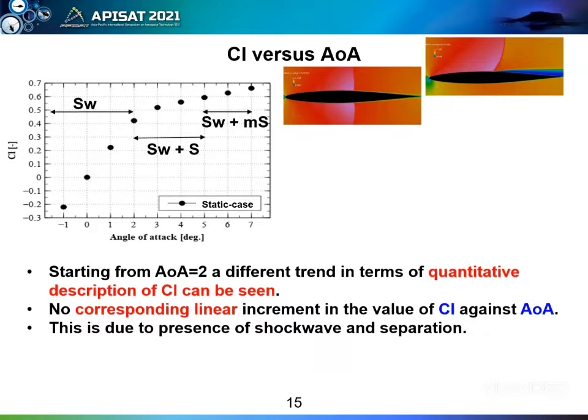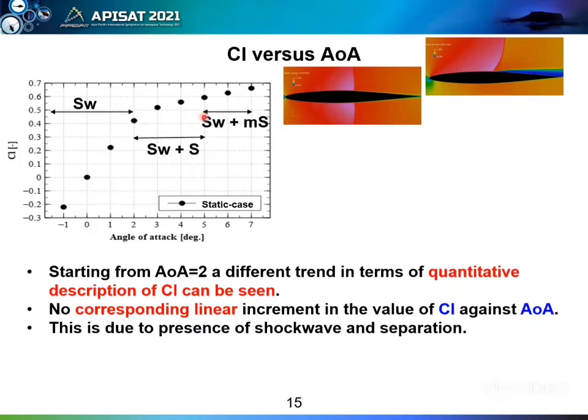For the start, a plot of CL against angle of attack is made for the static case, and from this a corresponding trend can be seen from lower angle of attack, that is from -1 to 2 degrees angle of attack. After the 2 degrees, a deviation in the changes of CL against angle of attack can be seen, and as it can be seen from this graph, it's illustrated that shock wave actually dominates this region. When there is addition of shock separation, it causes a slight deviation, and when it is massive,